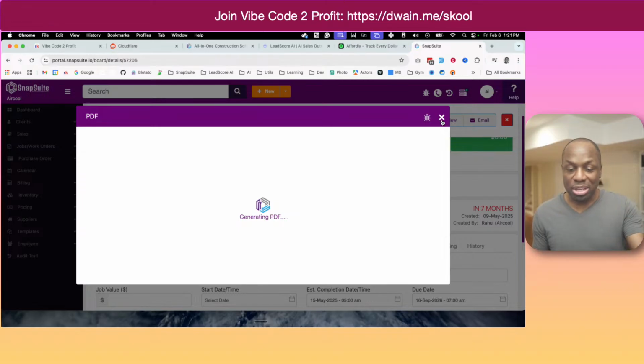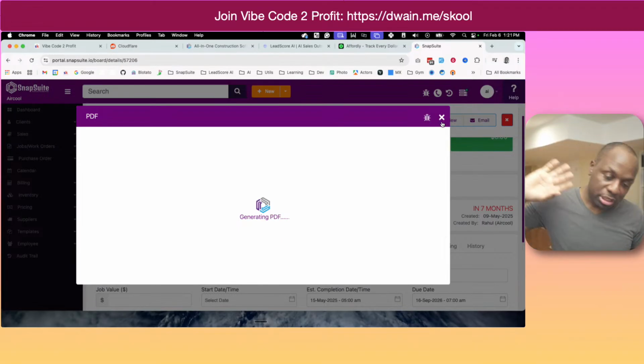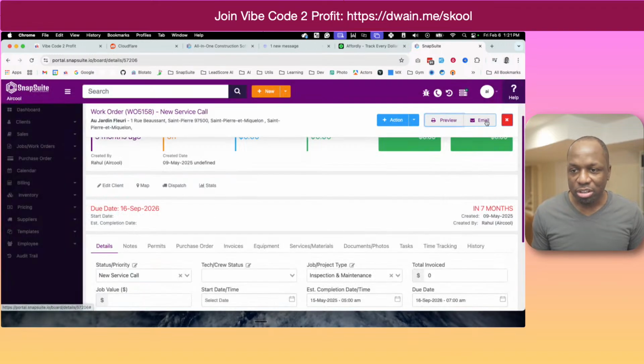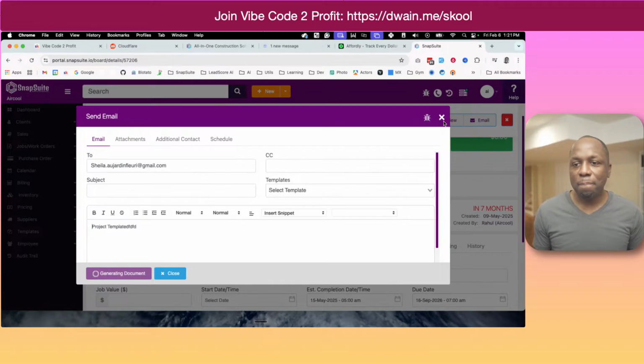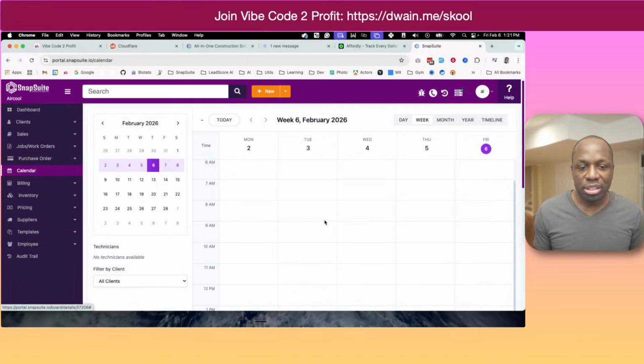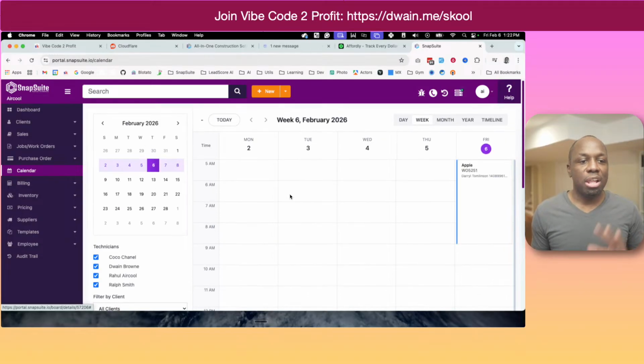It's taking a little bit of time because it's actually spinning up an Azure container in the cloud, and then allowing you to print documents, etc. So it might take a second or two. We won't wait for that. But just to give you an idea, you see here you've got email. You can email out to clients, etc. So the full system. There's even a calendar system inside of here. So like I said, lots of complexity.